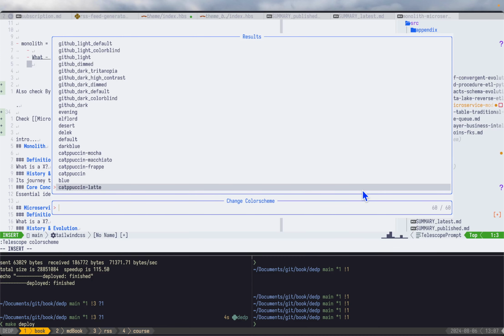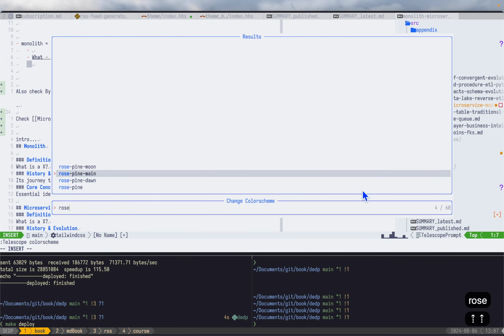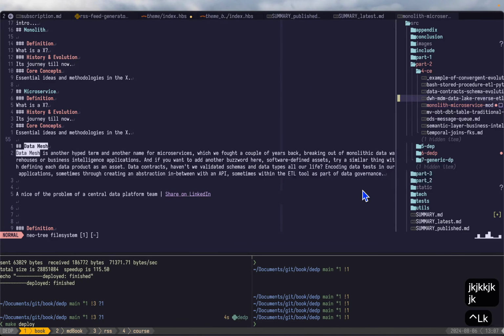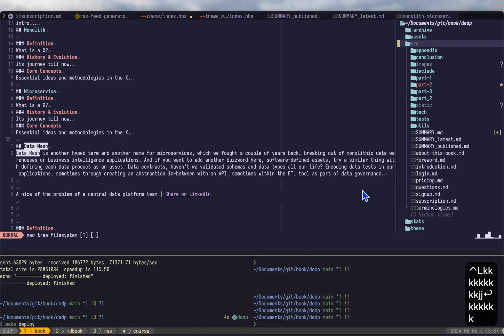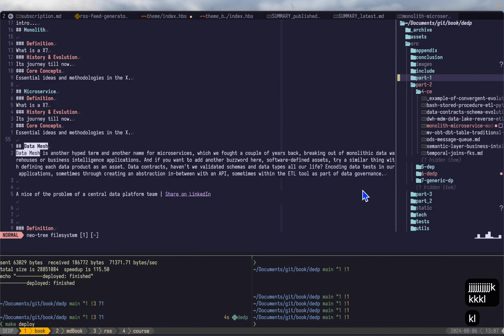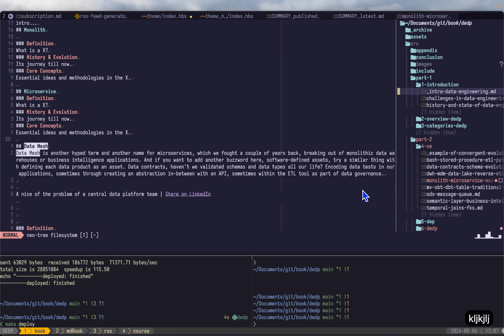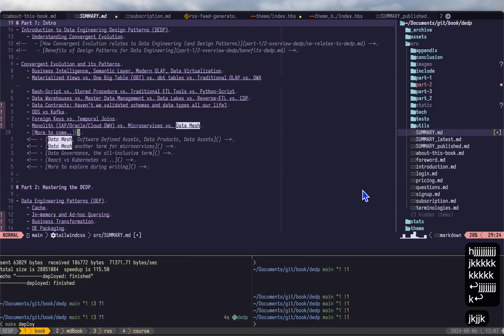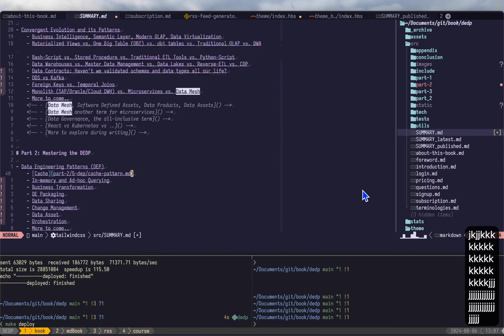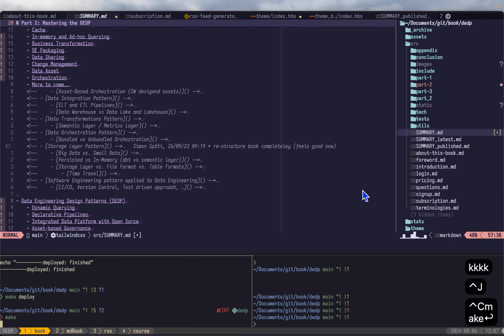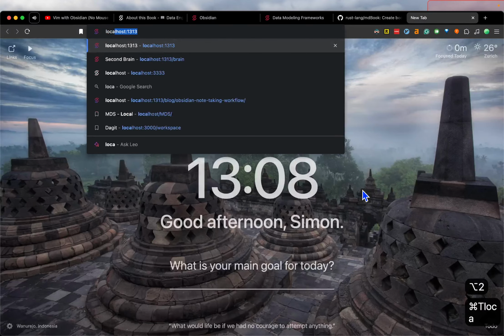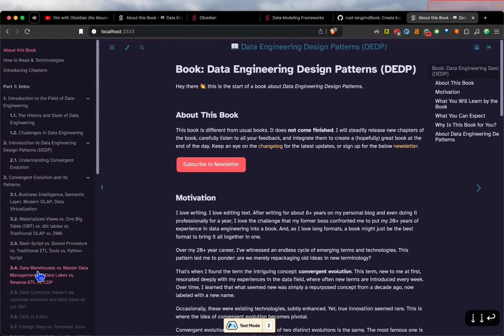Let me just change that quickly. Yeah, that's my blog here. So if you see the navigation here, it's basically one source folder with all the markdown files, part 1, 2, and then everything is markdown files, and the only thing we need is a summary, which is basically the index, where you say how your book looks, but the rest is markdown. And here I can just start my makefile, and then that will basically run my book locally, and then yeah, I can navigate that here,